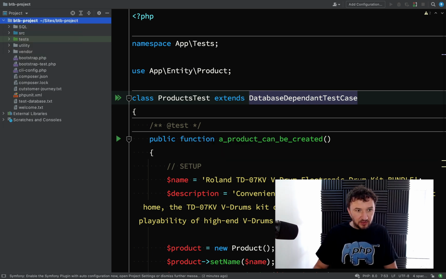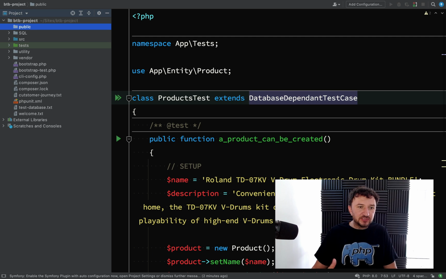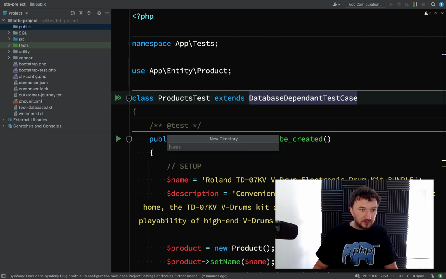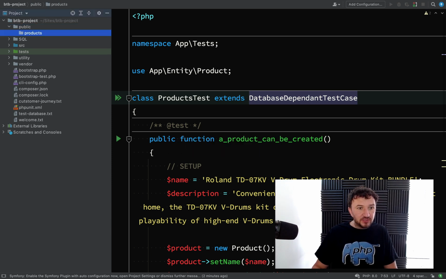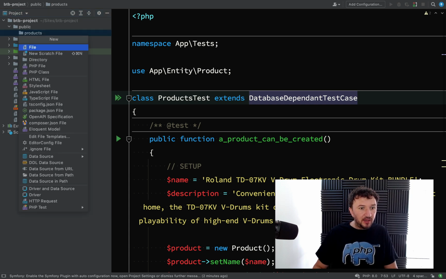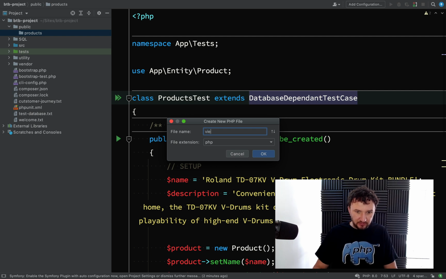And then I think a logical way to go with this is to go inside of that public folder and create a products folder, just to keep our site segregated and logically separated really. And then inside of there, in order to view a single product, we'll have a view page. It's just a normal PHP file, not a class or anything, and we're just going to call it